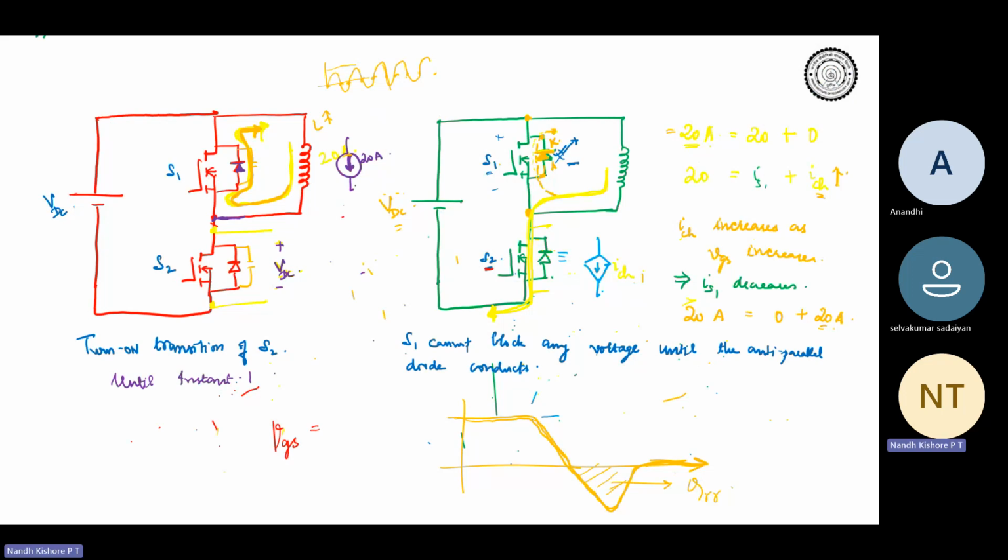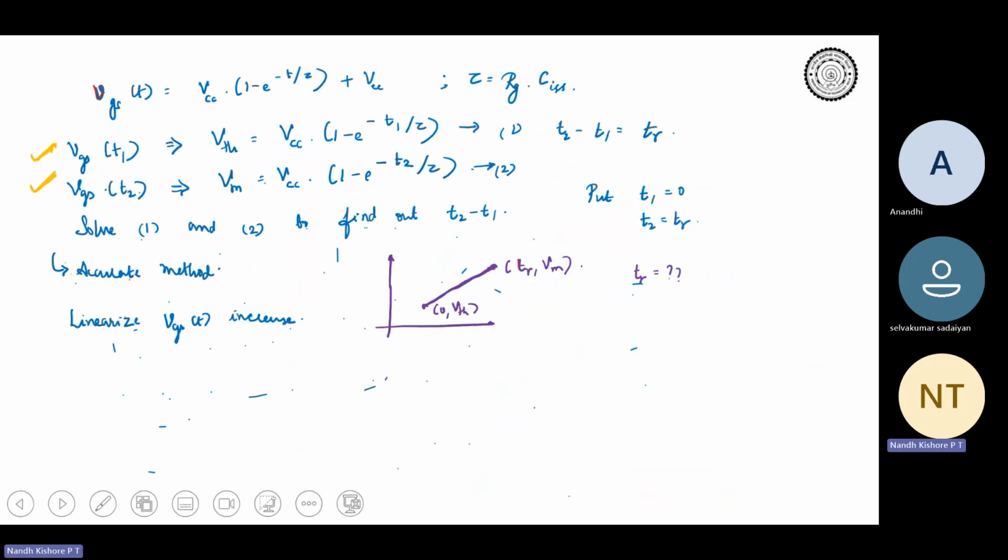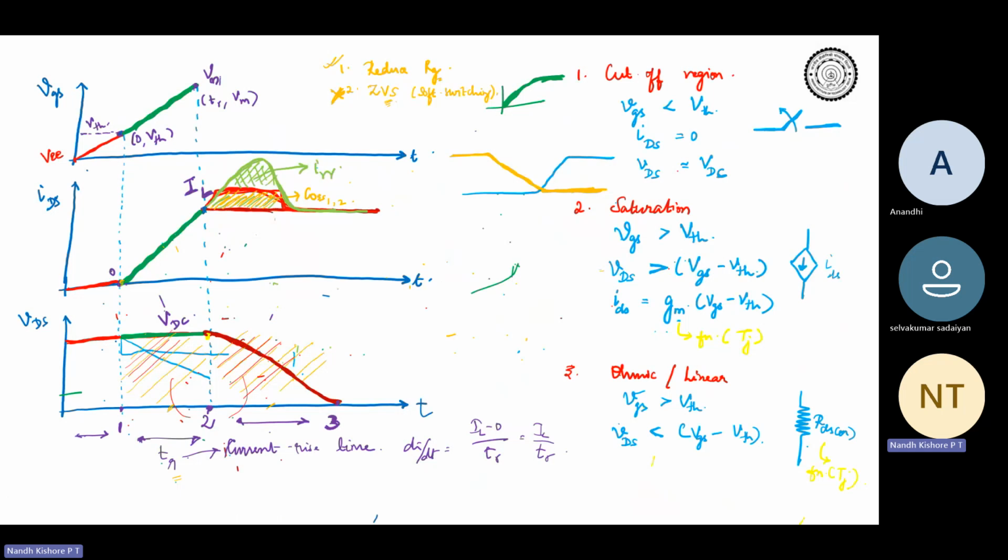The simple fact is that any diode cannot conduct if there is a positive voltage between cathode to anode. Between anode to cathode, there should be positive voltage. Between cathode to anode, it cannot block a positive voltage. Do you understand? That is why you are seeing that the voltage remains at VDC until